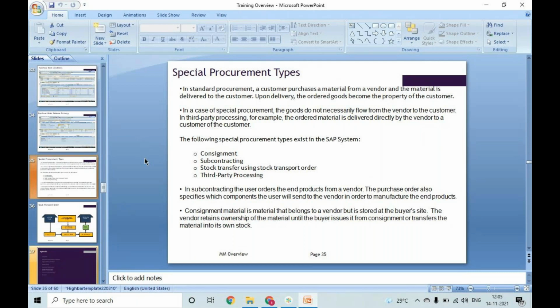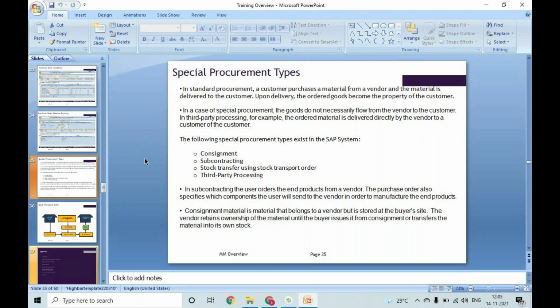This is consignment process. Next, moving to the next one is subcontracting. In subcontracting, what happens is, suppose your production overload has happened, or you can say production is not having that much capacity to produce the materials which are received with the extra orders. In that case, you will give the raw materials and other components which are required for producing that finished material to some other supplier.